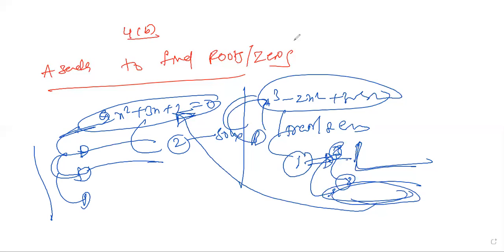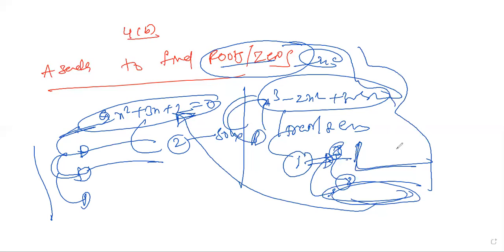In this chapter, when you are finding roots, they will give some conditions, some clues. According to the clues, you will get answers a little bit faster. If you go to fourth order or fifth order, they will give some clues. You have to work on that. How should you work with the clues? That you have to see.